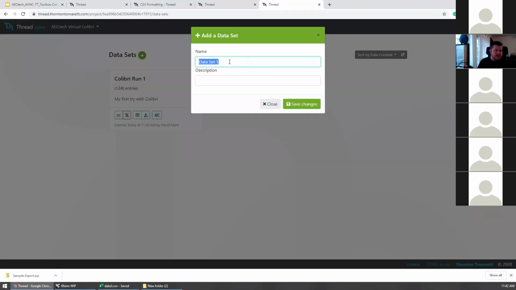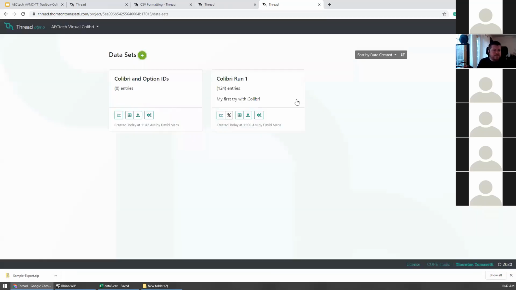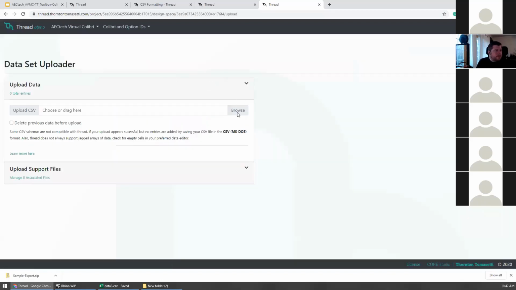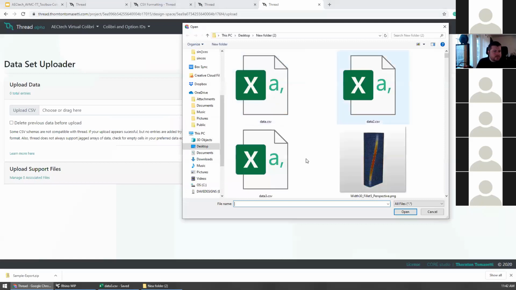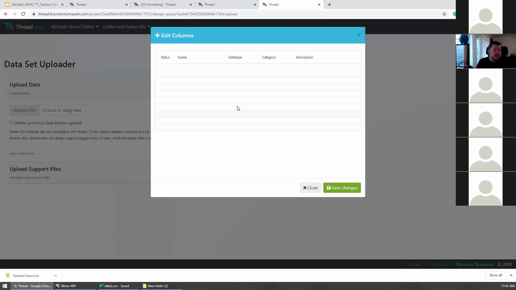And that new data set will be Colibri option IDs. And so now I can click on that new data set that I've created and click Browse. And if I upload, let's just do dataset 3 to begin with, my data, it's going to go through and